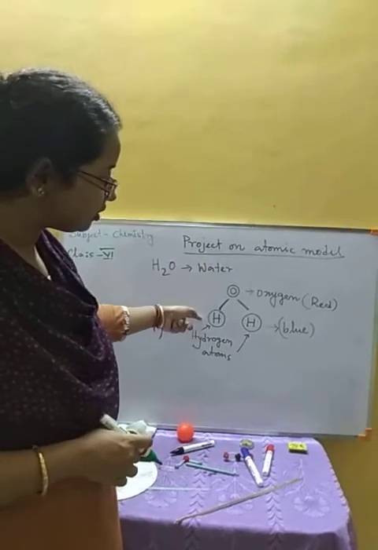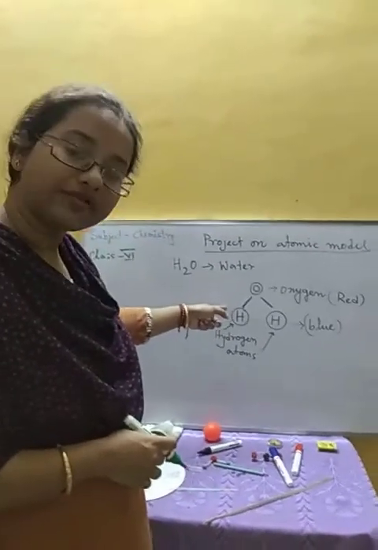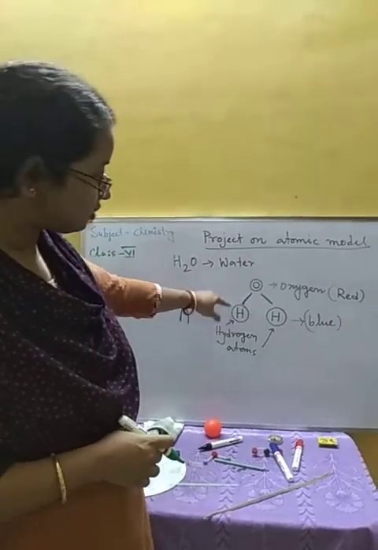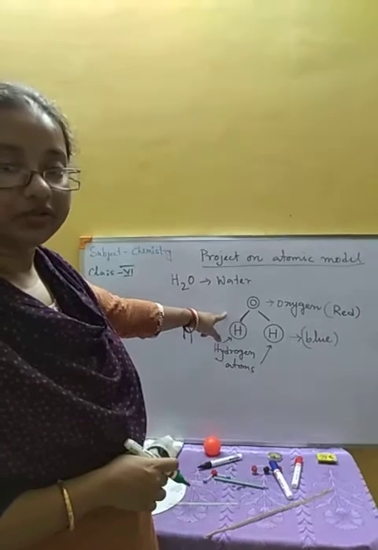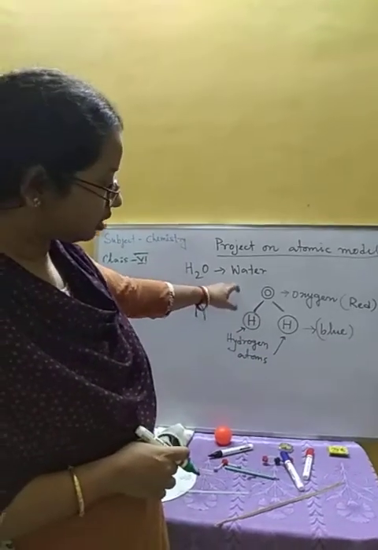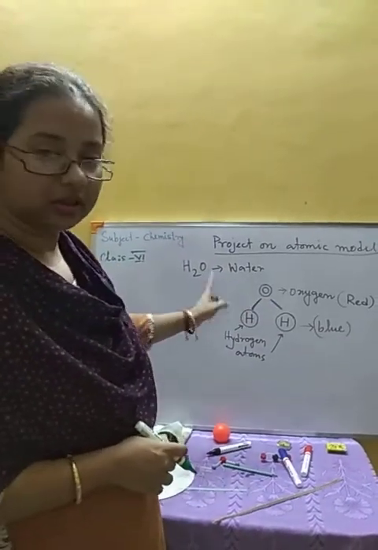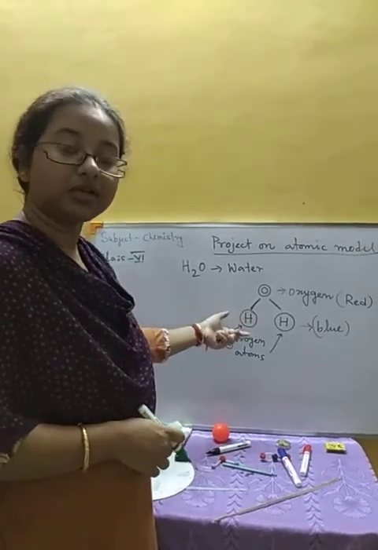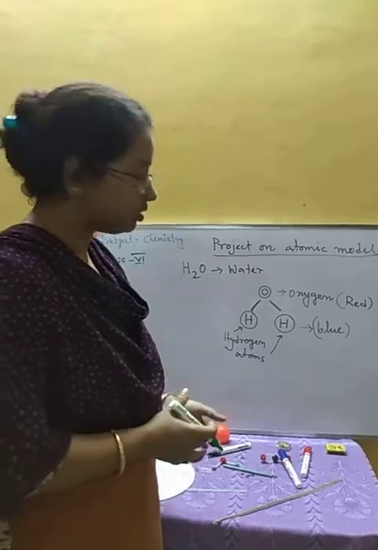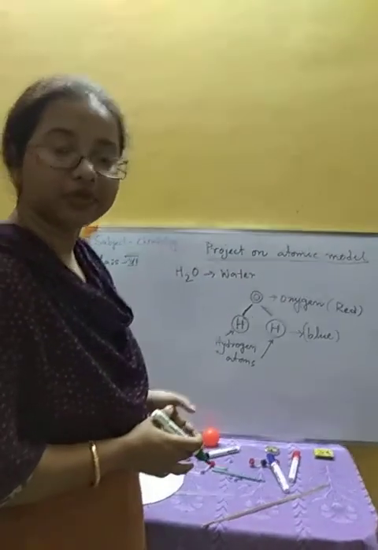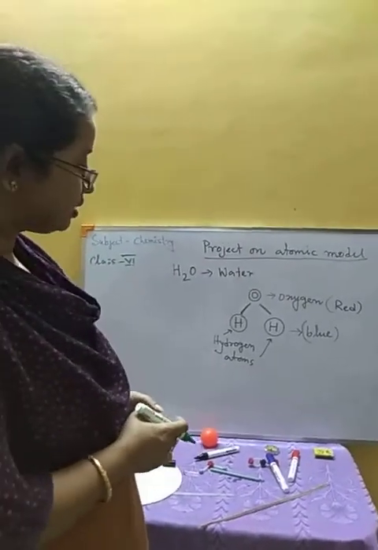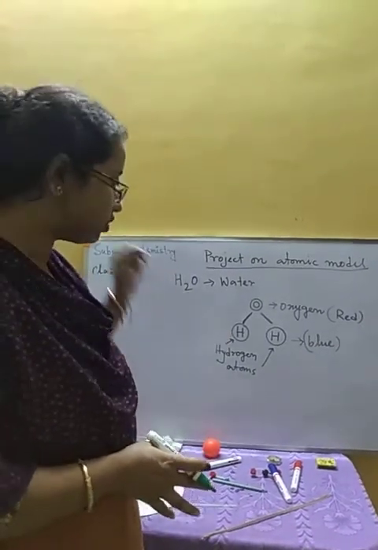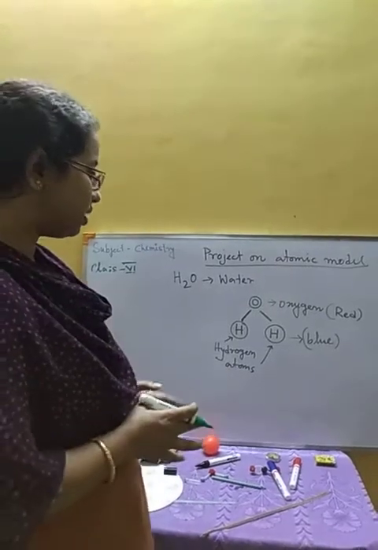Okay, the same thing we are going to do for hydrogens also. In the blue color balls, you have to write the symbol of hydrogen. In blue you cannot write with black, or if it is light blue color you are using, then whatever color you are using should be proper and prominent, easily seen. So any color you can use for writing the symbols.